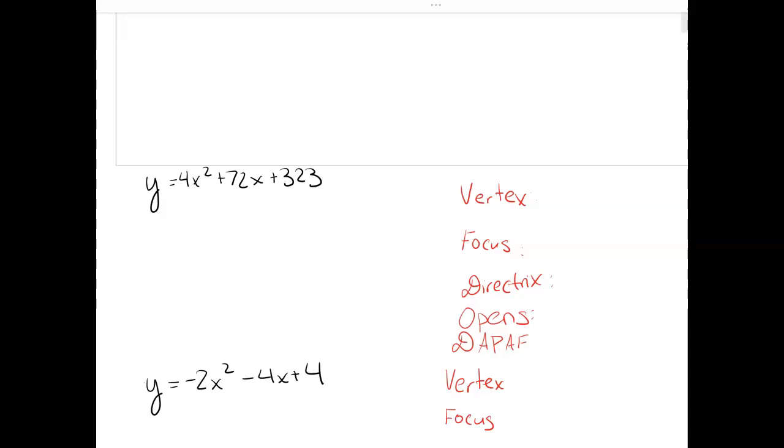So on this one I've got x squared, and then I've got a singular x term, so I need to push everything else to the other side to try to complete the square. So I'm going to have y minus 323 is equal to 4x squared plus 72x. Alright, remember that we don't want a 4 out in front of our x squared. We want a singular 1, plain old 1, not even a negative 1. So I need to divide that off. So I'm going to have y minus 323 is equal to 4 times the quantity of what's left, which in this case is just going to be x squared